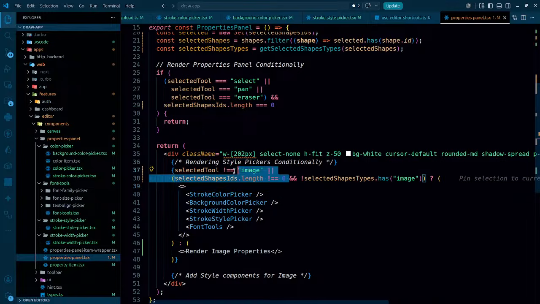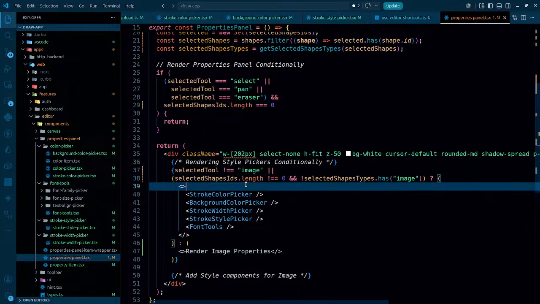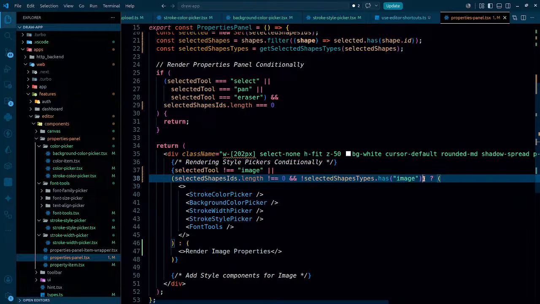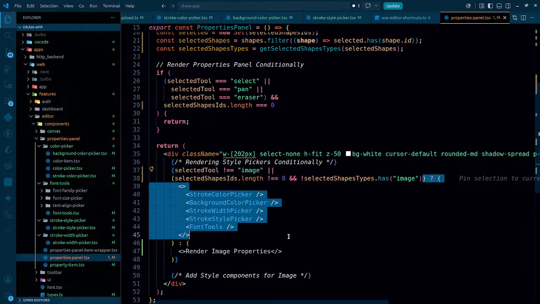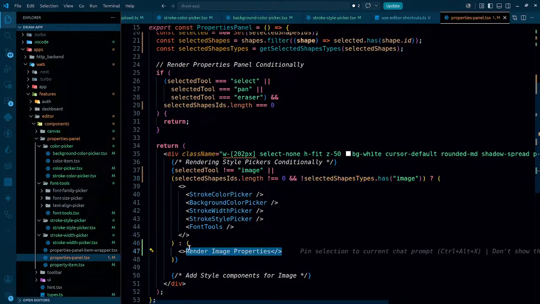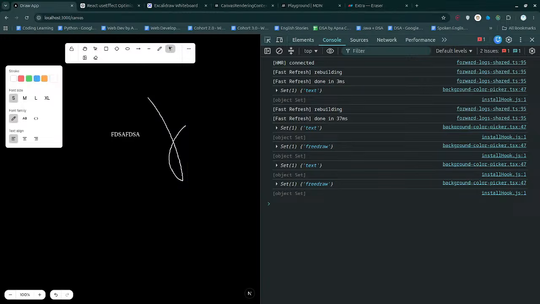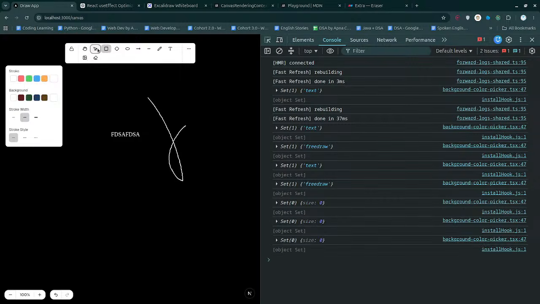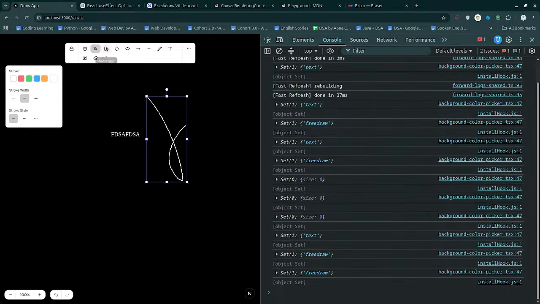In that case, this is for the selected tool, selected shapes, and when the selected shape doesn't have the image, only then all these things should be visible. If the selected shape has the image, it should not be visible, rather this particular section should be visible. So now if I click on this, visible, done, and if I click on this, so